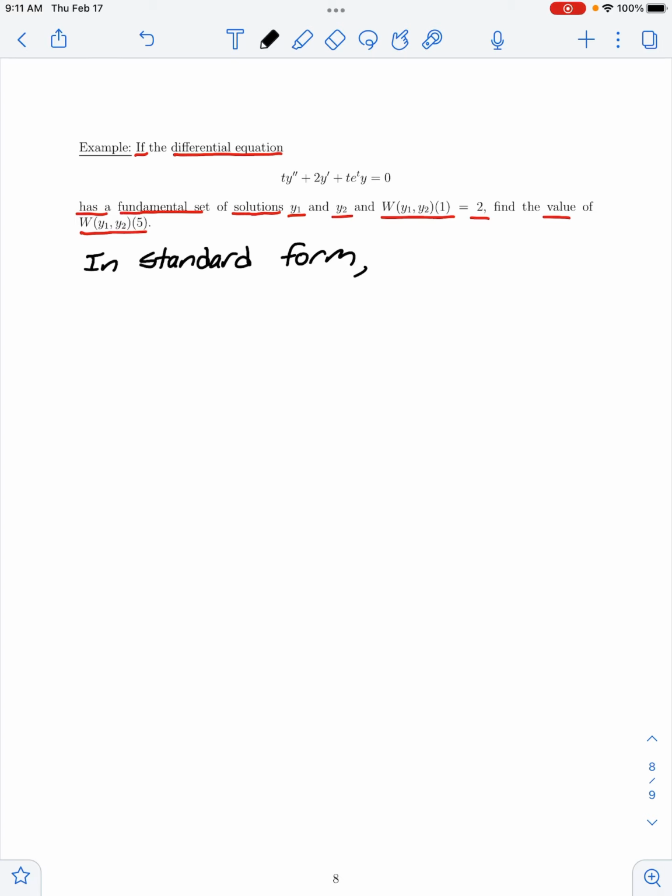To put this in standard form, we would need to divide the equation by t, the coefficient of y double prime, which would give us y double prime plus 2 over t y prime plus e to the t times y is equal to 0. And now we are ready to apply Abel's theorem,